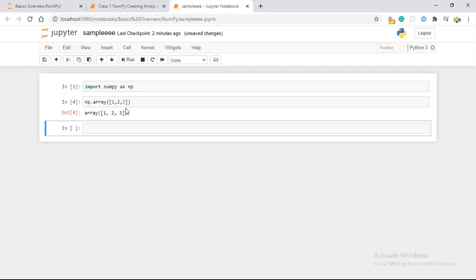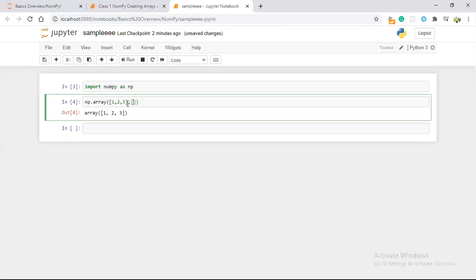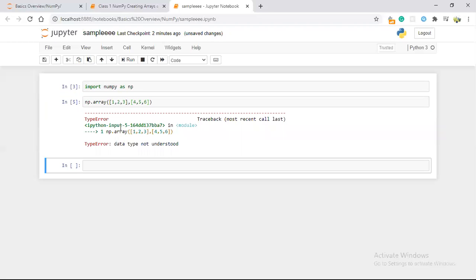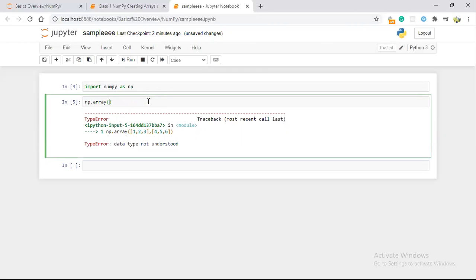Now if I create one more list, I give a command and create one list with 4, 5, 6. Let's execute. I'm getting a "data type not understood" error, because the syntax here is that first I need to give one square bracket, and inside it I need to give my dimensions.